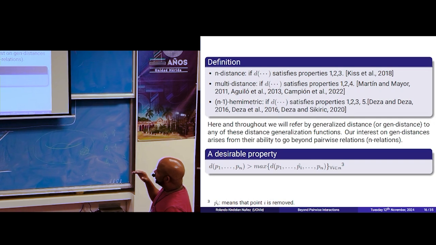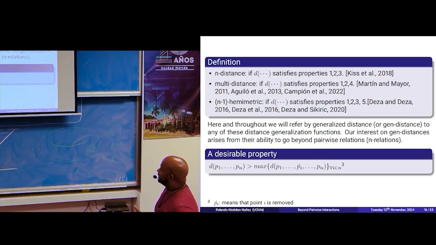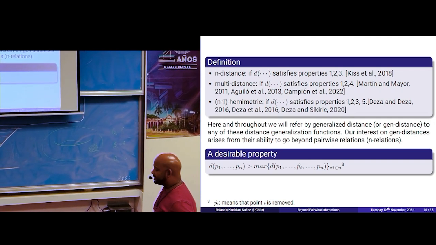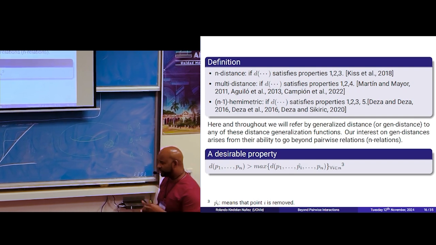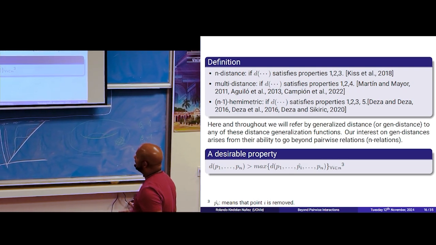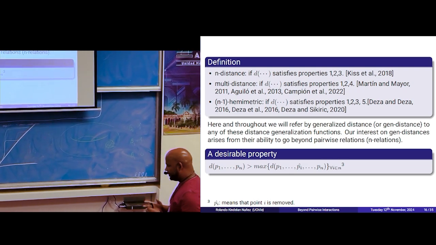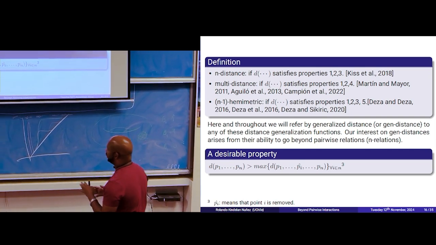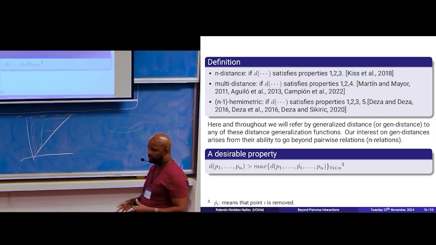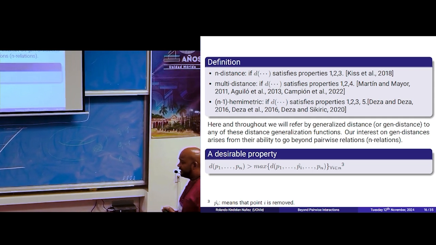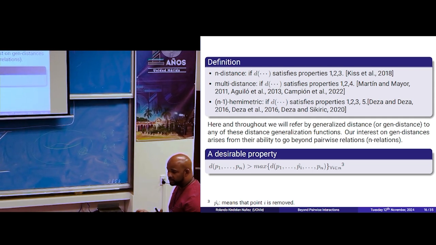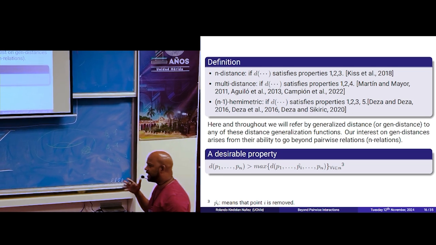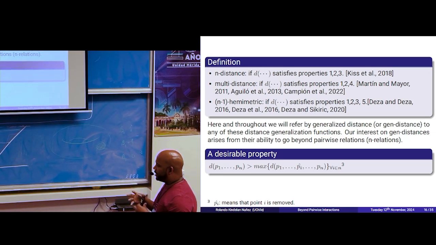So why is this important? Because we can utilize those kinds of distances as a way to measure an n-ary relation between a set of points. Instead of just having information between pairs, with these we can get richer